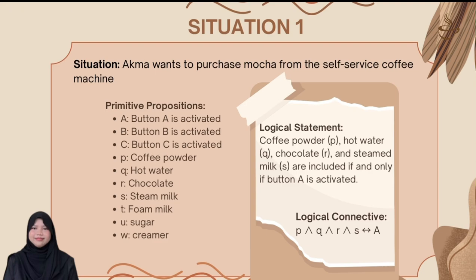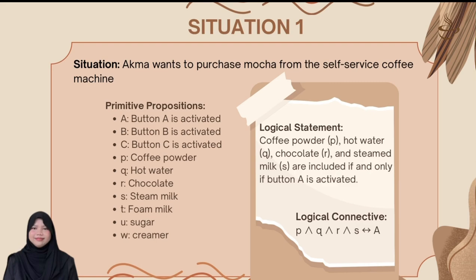P represents the coffee powder. Q represents the hot water. R represents chocolate. S represents the steamed milk. T represents foam milk. U represents sugar. W represents creamer. If Akmal wants to purchase a mocha, she needs to press button A, so the button